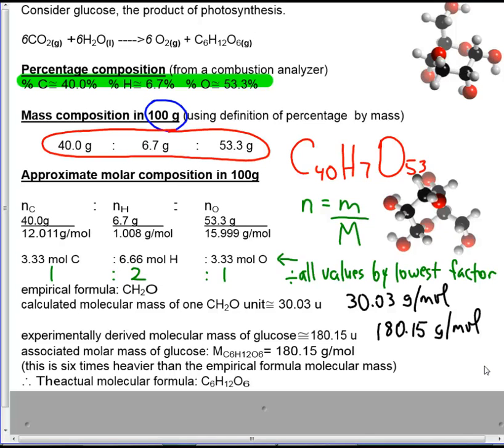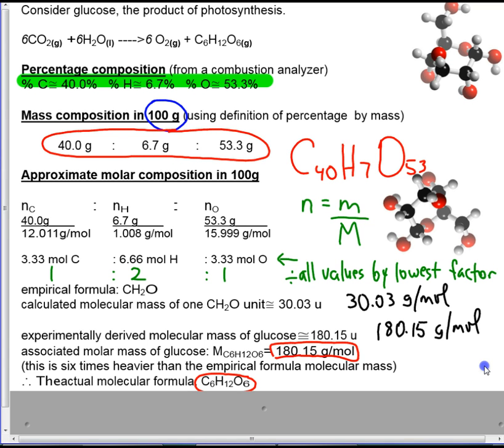It would just be a simple matter of needing 6 times as many of all of those elements, and that would give us 6 times as much mass. So the actual subscripts are not 1 to 2 to 1, it would be 6 to 12 to 6. It's still in that ratio of 1 to 2 to 1, but this molecular formula now represents the actual molecule of glucose,